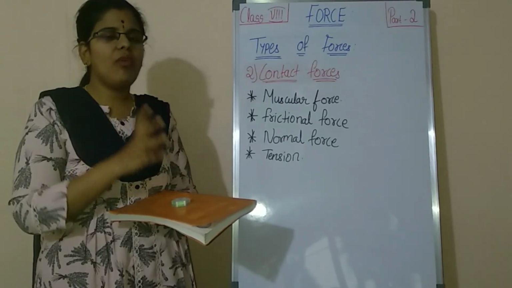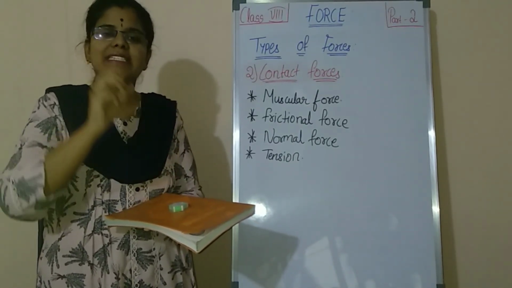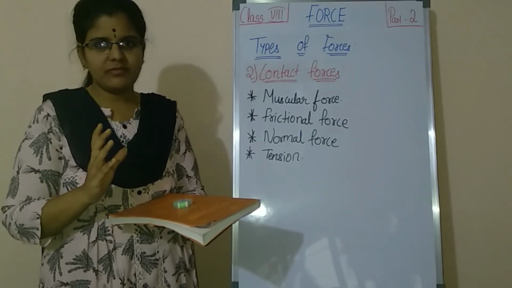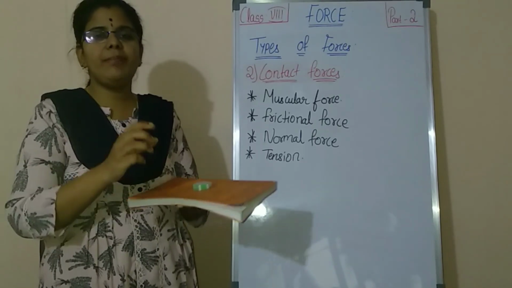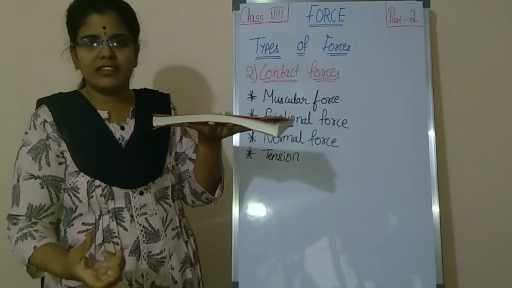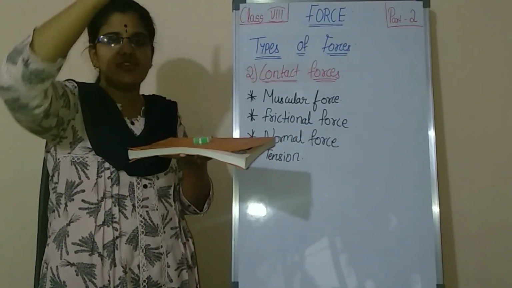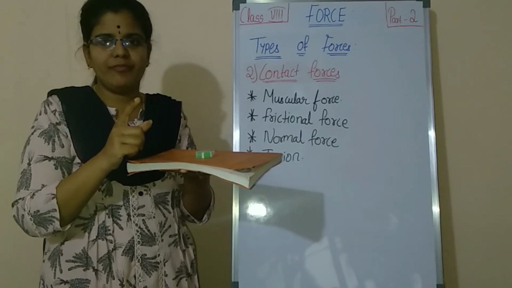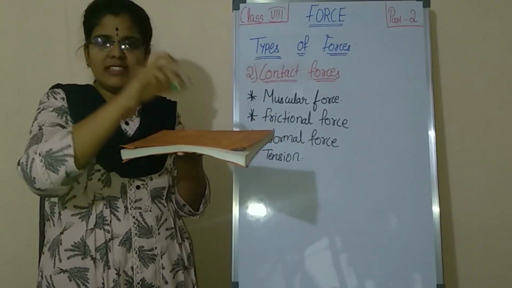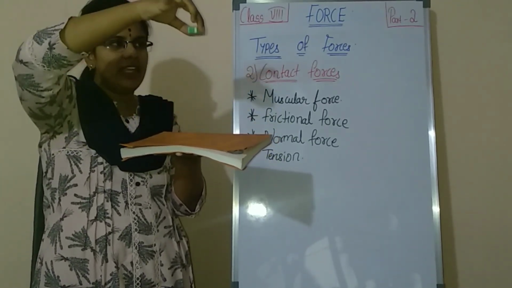And let us take what is normal force. Normal force is nothing but the opposite force acted against the gravitational force. Gravitational force will always be acting in the downward direction towards the earth. But normal force will be acting in the opposite direction, that is, towards the upward direction. So why is it so important? Now I have taken the same book and the same eraser and I am holding it like this or throwing it like this. Then what happens?